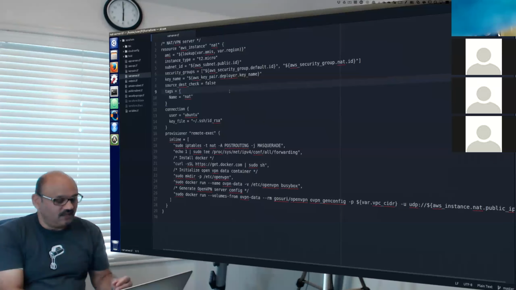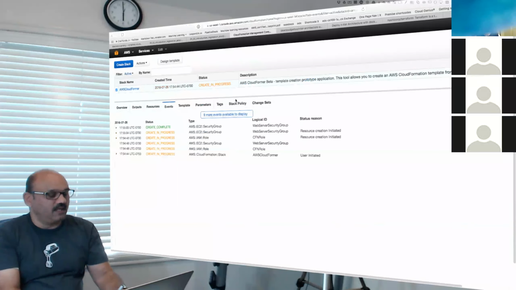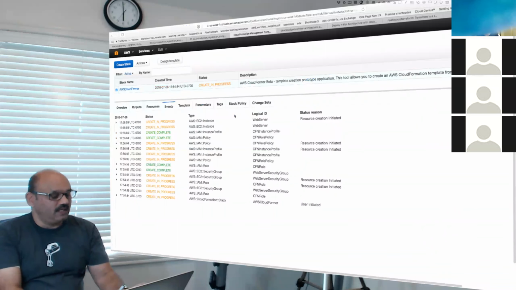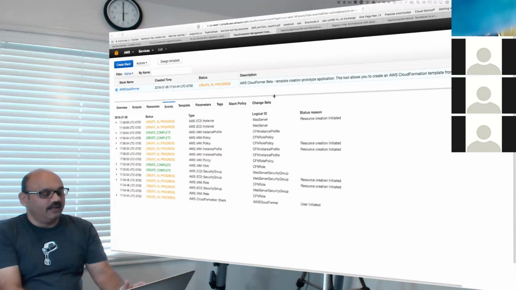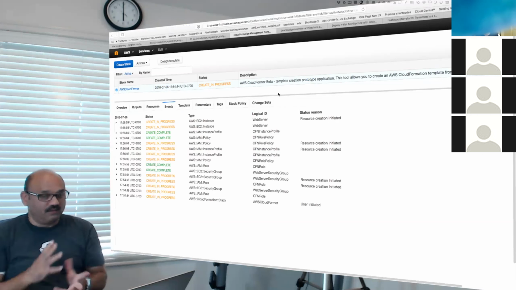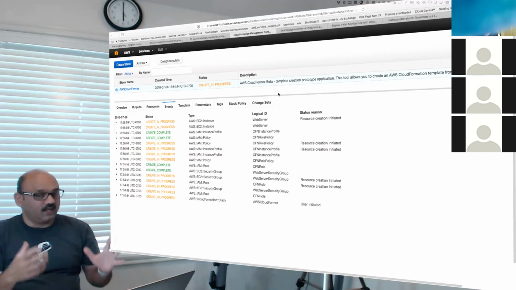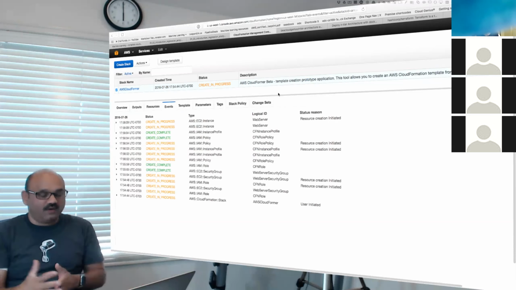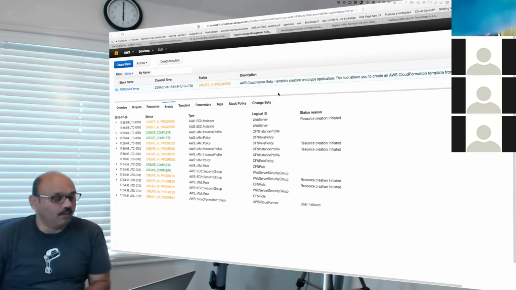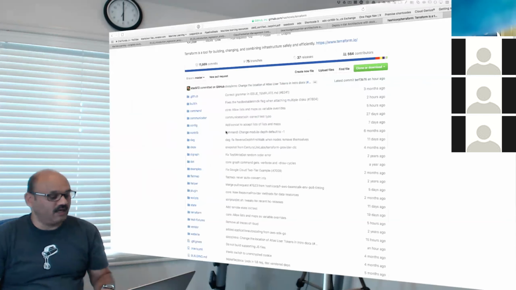I just wanted to do this CloudFormation comparison. Let it finish. We are seeing that it is doing something right now. It takes time. If it takes too much time, I will break it. All I really wanted to accomplish is to give you an idea about the comparison and differences between what CloudFormation is and how it compares and contrasts with Terraform, which is an agnostic, open source tool that applies across a variety of cloud providers.